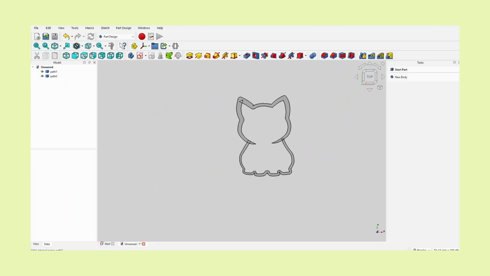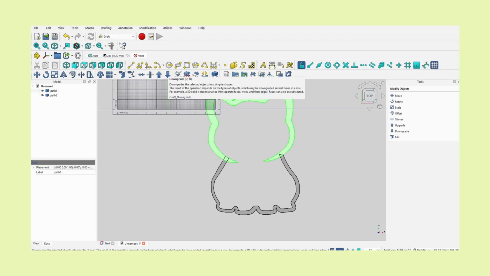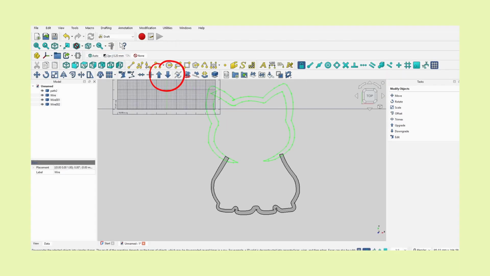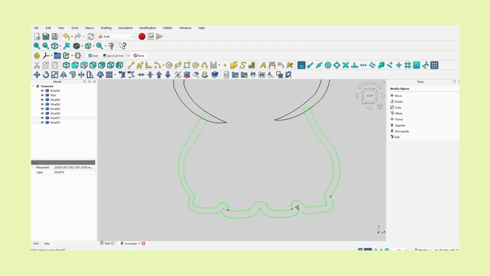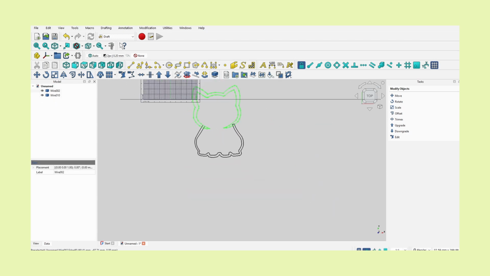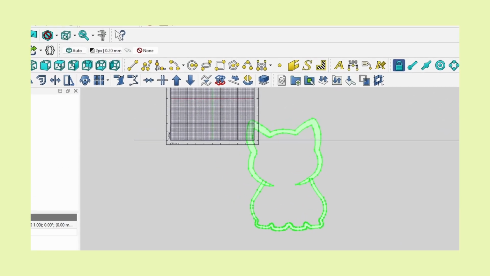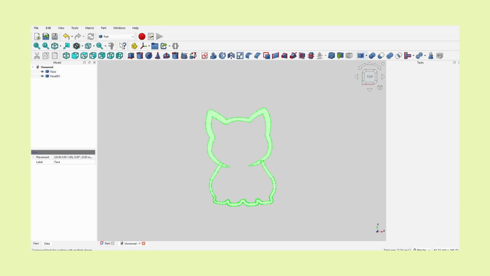To fix those errors, we'll need to go to the top and hover over the workbenches, and then change to the draft workbench. We'll select the downgrade option. This will convert our plane into a bunch of wires, and we'll simply delete the wires that are causing the problem. We'll repeat the same for the lower half. And once we're done, select both paths and click the upgrade icon with the up arrow to convert them back into planes. We'll now switch back to the Part workbench